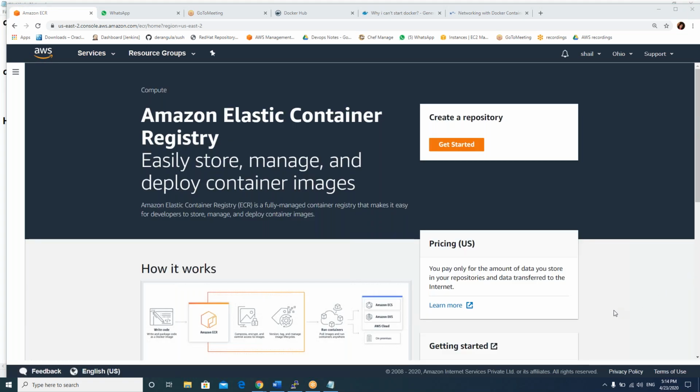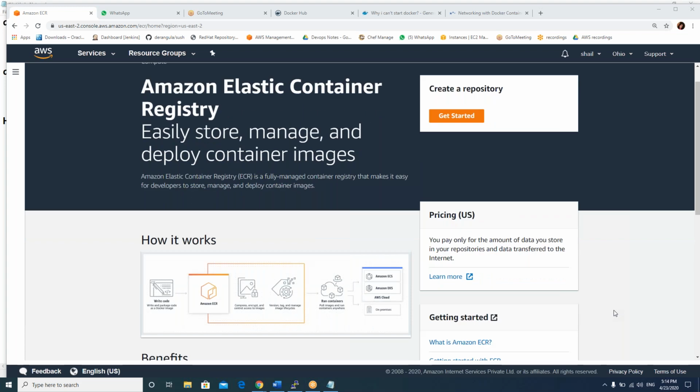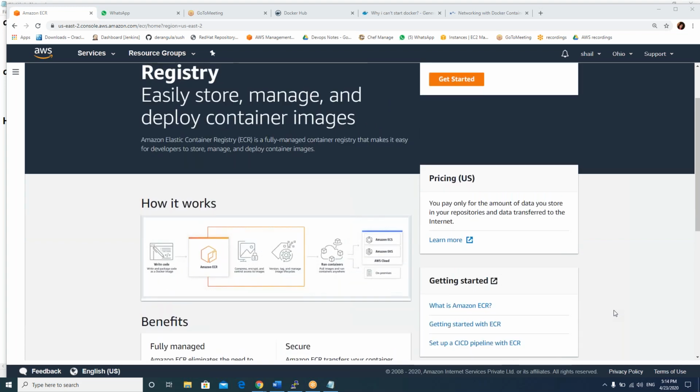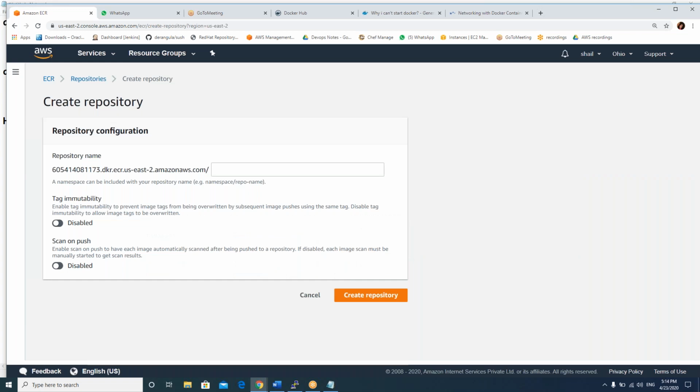It's up to you. Let's assume that I don't want to place my containers in Docker Hub. In that case you can create your own registry also. Can you click on get started? Here it's kind of a repository where you can store your images securely. Create repository.